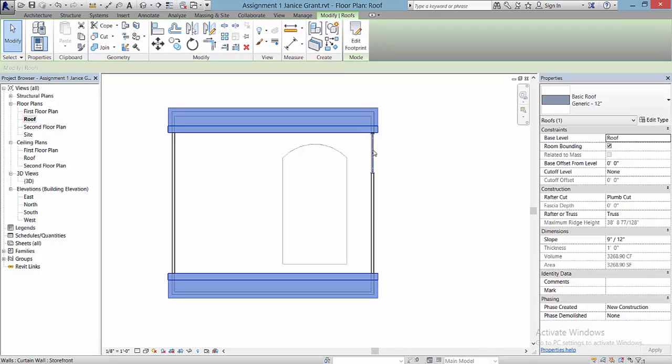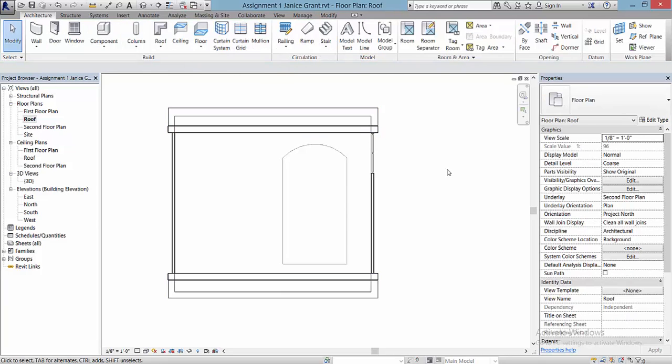If you don't have this storefront wall, then you won't have the dialog box that gives you kind of a little warning. Those dialog boxes, they give you warning, no panic. Sometimes they just are messages to you that you can override or cancel out of. Okay, so what we're looking at here, and I'll go ahead and click in space so that my roof's not highlighted, is we're looking at the roof level, but